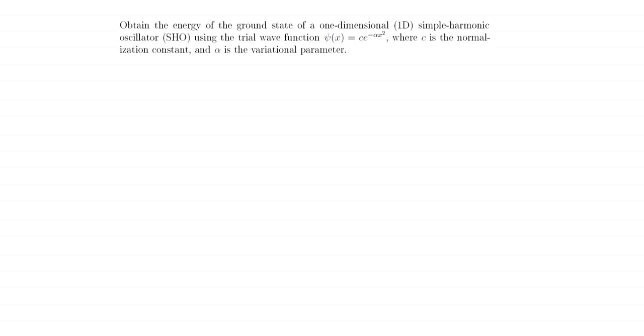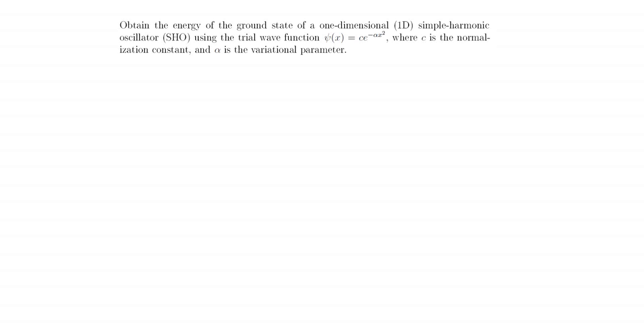Hello everyone. In the last lecture we saw the introduction to the variational principle, a method to obtain eigenvalues and eigenfunctions approximately for a given problem. In this method we use what is called a trial wave function, and we try to obtain values nearer to those of the problem. If our trial wave function is the exact wave function, then we will obtain the exact values; then the values won't be approximate. To illustrate this, we will solve one problem.